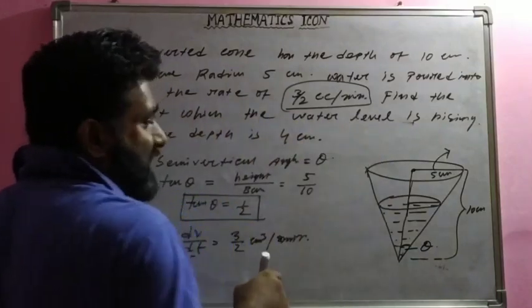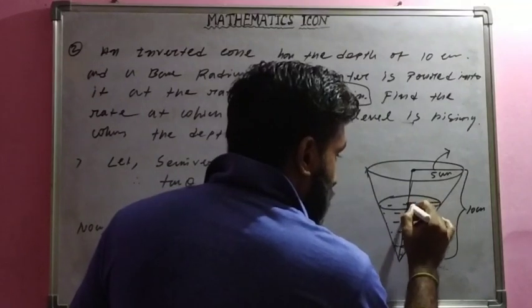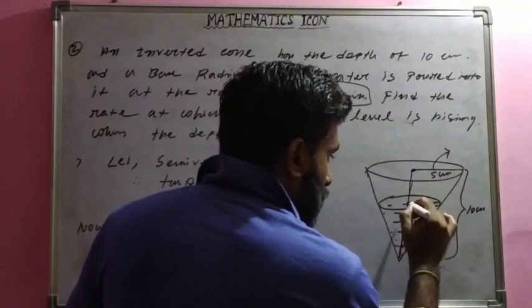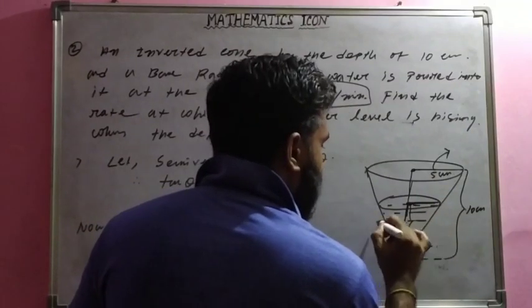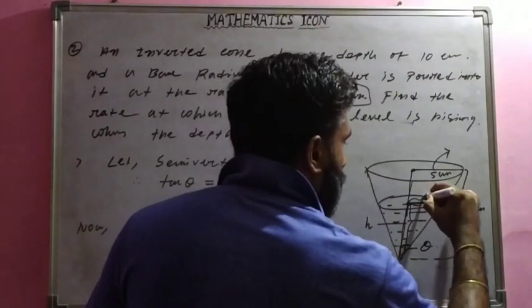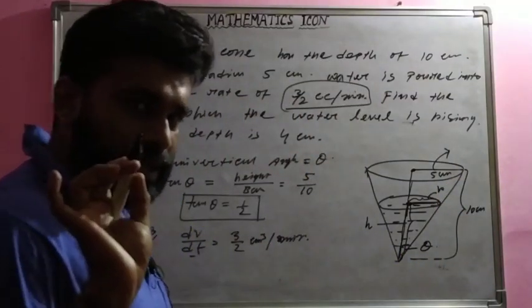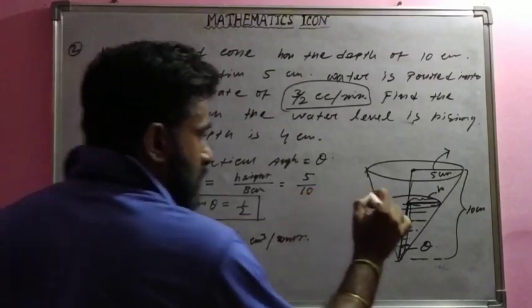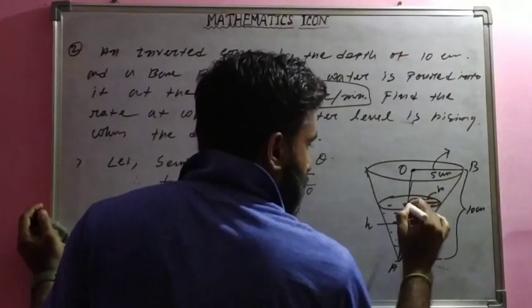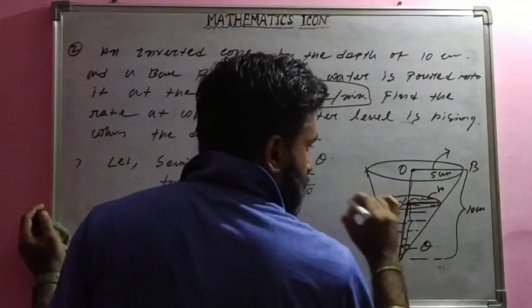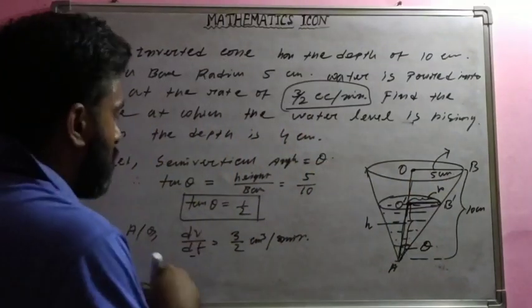Now what we have to find the rate at which the water level is increasing. अच्छा, water level is increasing, that means what, ये तो इसको वाटर लेवल डेप्थ, उसको क्या ले लेते हैं, h ले लेते हैं और उसको r ले लेते हैं, है कि नहीं, ठीक है। लिख सकते हैं ना ऐसे। अच्छा, तो इसको एक नाम देते हैं, इसको o a b, है कि नहीं। एक काम करता हूं, उसको o डैश नाम दे देते हैं, ये b डैश, ओके।